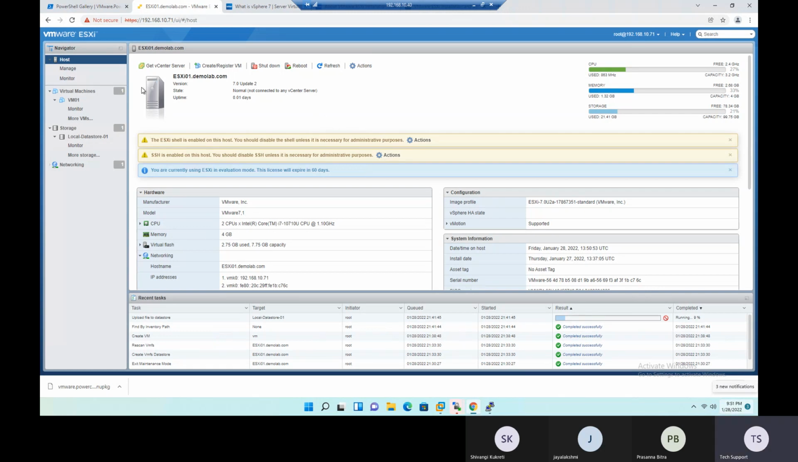Okay, so we just selected the host and created a virtual machine. VM created, but OS not yet installed. Once this upload is finished, we'll install the OS. In the meantime,